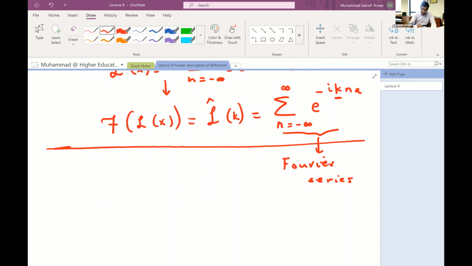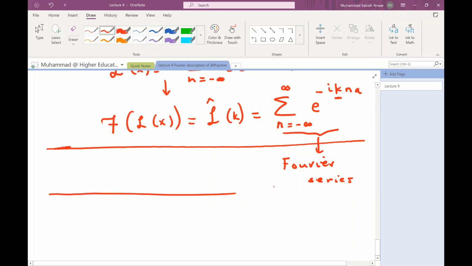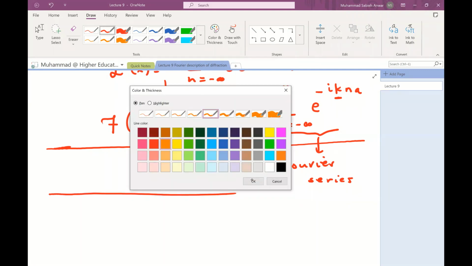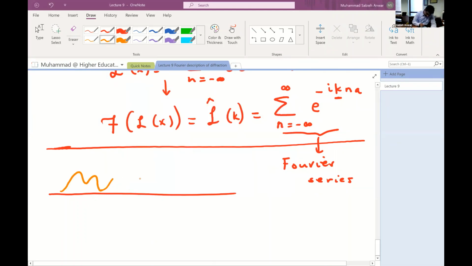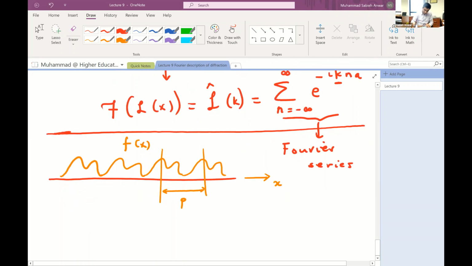Exactly. So let me draw this graphically. If I had some function like this, this is my x, and there's a certain period associated with it. Let's call it p. This is a periodic function. Let's call this function small f(x). Then this f(x)